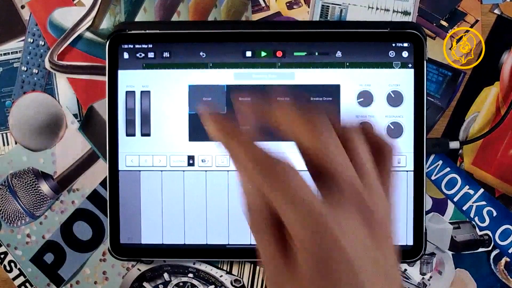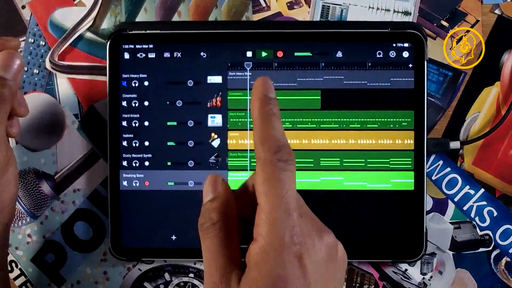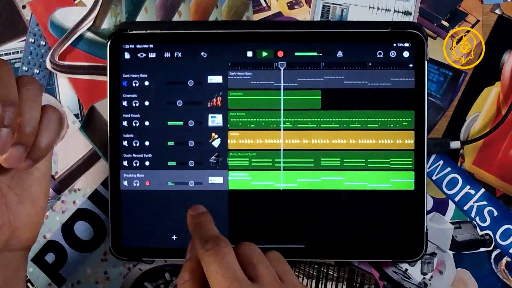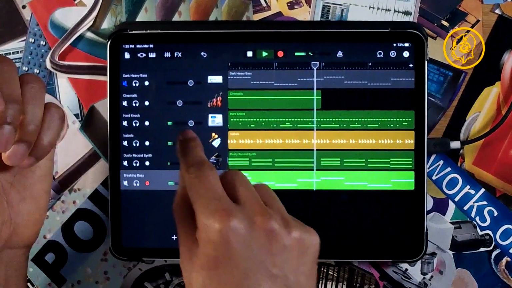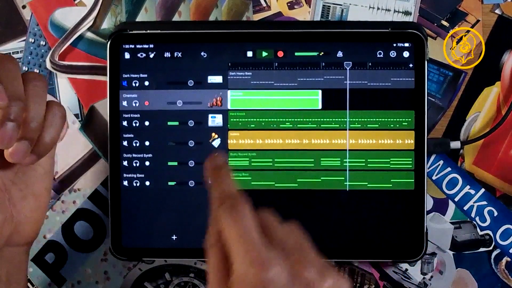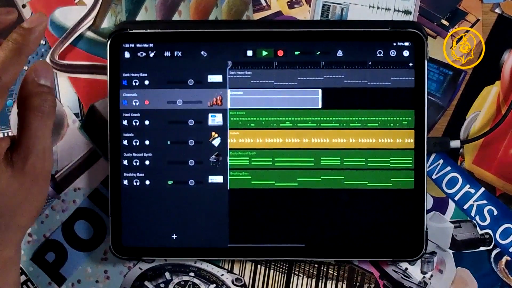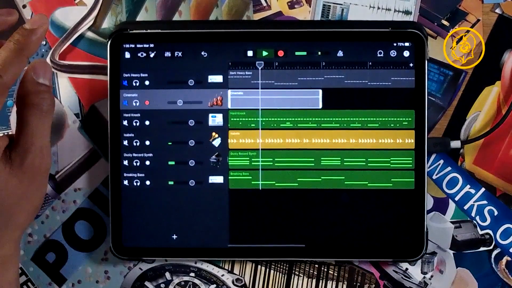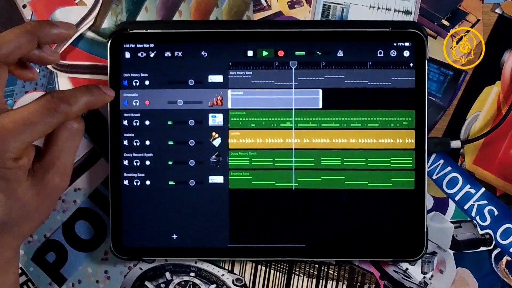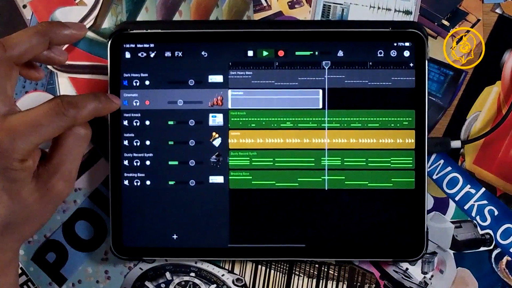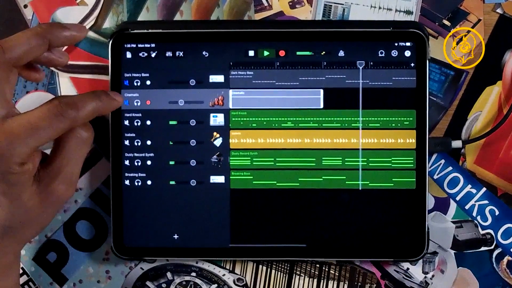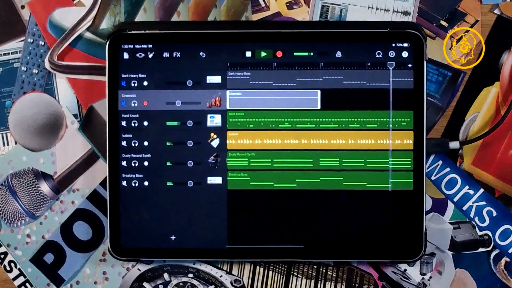Okay. Now it's time to get that arrangement together. We like that. That shouldn't have to come in all the time, but let's mute it for right now, right? What do you think we should add? Let's see.